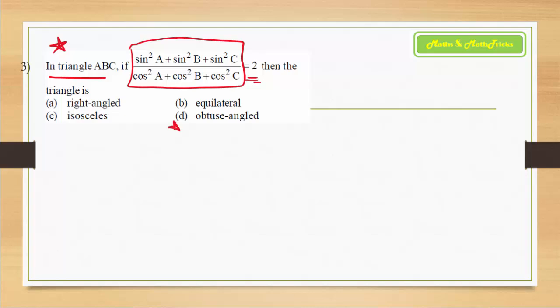Well, to talk about obtuse angle triangle, better we speak about the other three options first, because one of them can be easily possible there, since we have the value 2. So for an equilateral triangle, if you verify with each angle 60 degrees, definitely the ratio will not turn out to be 2. Even for an isosceles triangle, when you have one angle fixed and the other two angles equal, the angles can be as random as 45, 45, 90. And isosceles is not only this, there is another chance also.